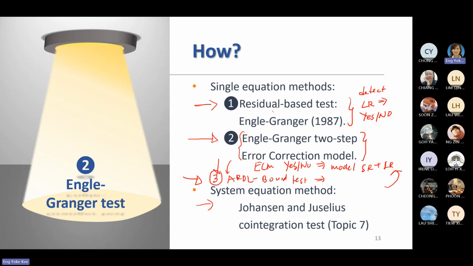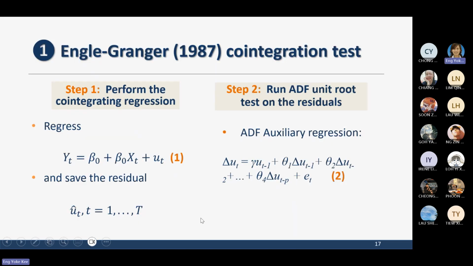So that is the things. Okay, so how do you conduct the Engle-Granger co-integration test? Very simple. If you understand the principle behind it, then you know that to conduct this is very simple. So the Engle-Granger co-integration test basically involves 2 steps. Step 1 is to estimate this long-run regression, and we call this